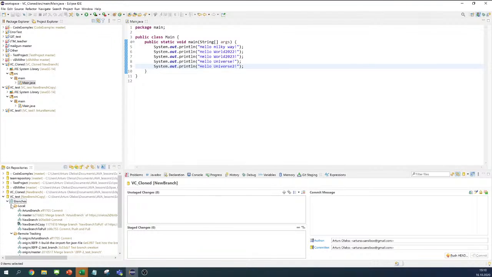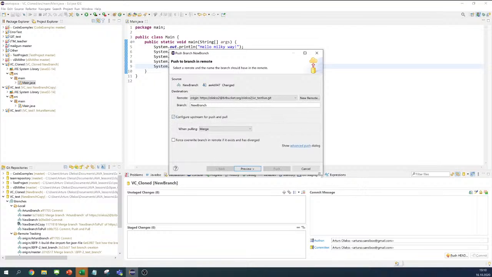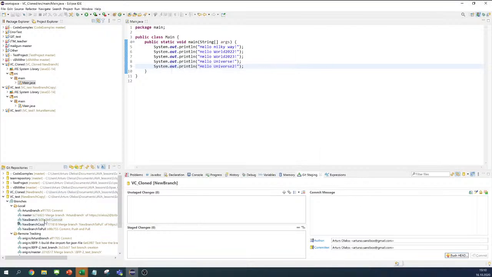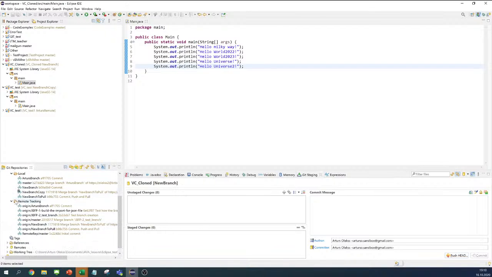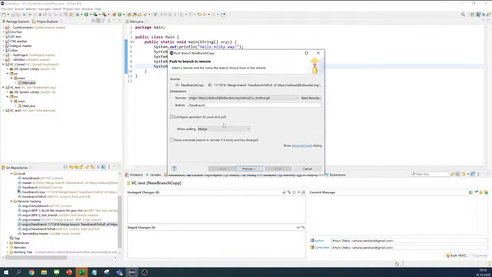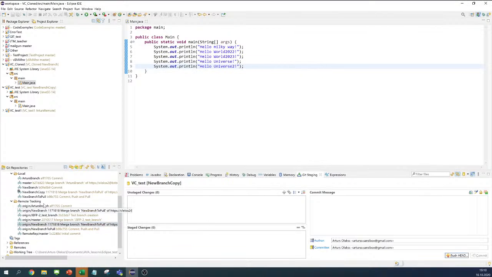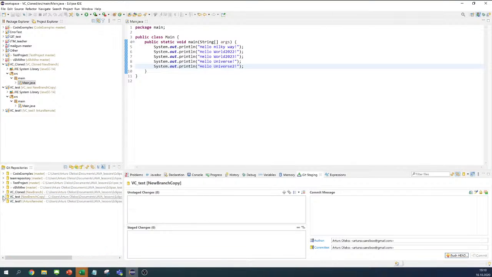and I think I pushed it to the new branch. It doesn't really matter how many branches we have here, we can push them to the same branch on the remote repository. So now the changes are on the new branch, as we pushed. We pushed the changes on the new branch on the remote, and now the changes are under this branch, and